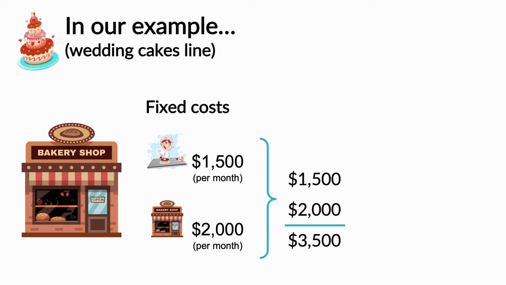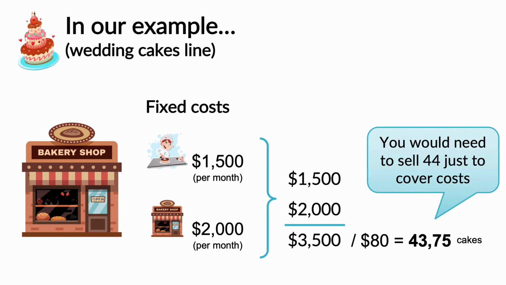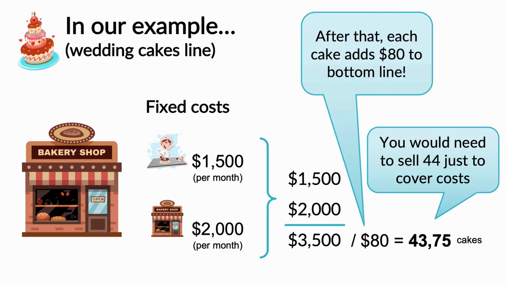This means that we want our wedding cake business to cover a total of $3,500 of fixed costs per month. Since the contribution margin per each wedding cake is $80, when we divide the $3,500 by the 80, we come to the conclusion that we would need to sell 43.75 cakes every month for $100 just to cover all our costs. Well, actually 44, since we can sell wedding cakes by the piece. And this is why the contribution margin is such an important number to know. Would selling 44 cakes for $100 each seem like a reasonable thing to do?